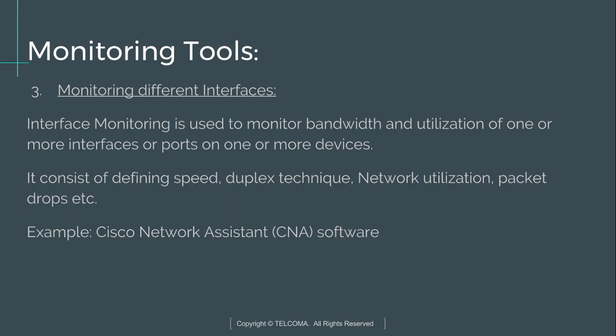In speed, it defines the speed of a port which is supported by that port, and whether it is a full duplex port or a half duplex port. Then utilization is the total bandwidth supported by the ports. Then there is packet drop, where packets are dropped due to error or discard. If packets are dropped due to error, we have to monitor how many packets per second are errored. And if packets are dropped due to discard, we have to monitor how many frames are discarded per second. We have to monitor this basic information to provide the monitoring database to the users about the interfaces.